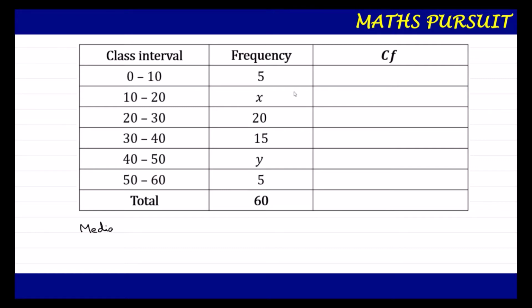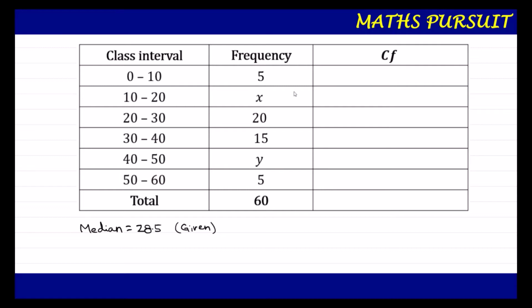So I can write median is equal to 28.5. This is what is being given in the question. The data given is what is currently appearing on the table, as well as the median value, which is 28.5. Now guys, as they have given the median value, it is recommended that we use the median formula in determining the values for x and y.